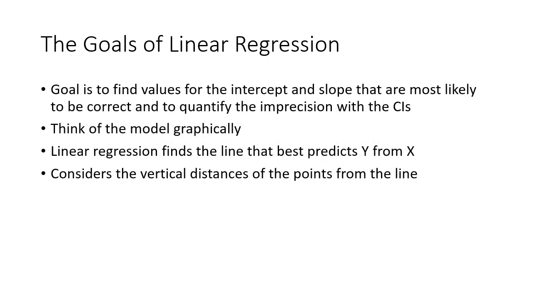Anyway, right, so our goals here are we're trying to find the values for the intercept and the slope. They're going to help us to most likely be correct and quantify some of the imprecision here with the CIs. When I say CI, what does that stand for? Right, it's our confidence interval, right? Because again, when I say that, hey,